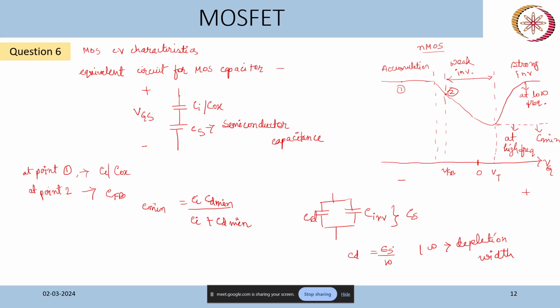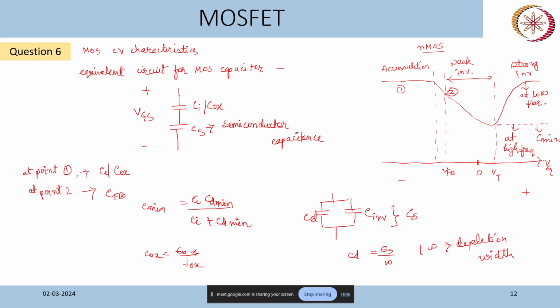Now, by looking at the CV characteristics, you can see that at this point this is the oxide capacitance, and COX is epsilon OX by the thickness of the oxide layer. Epsilon OX, we already know the material we are using, say it is SiO2, and the thickness can be measured. Usually this thickness is very small, as we have seen in the last question, it was 2 nanometer. From the value of the maximum capacitance at the accumulation region,